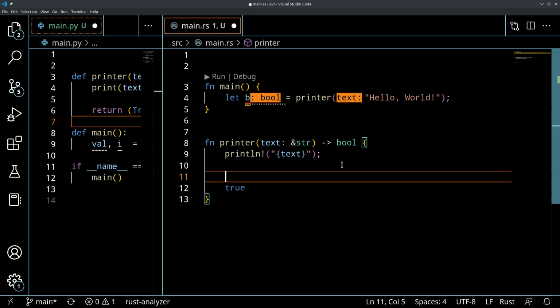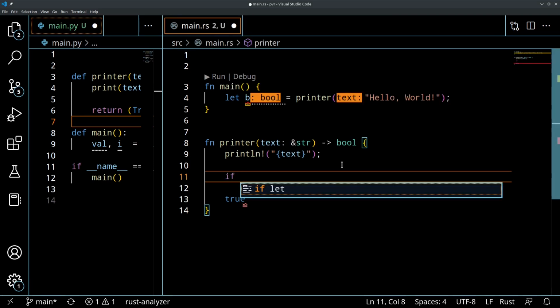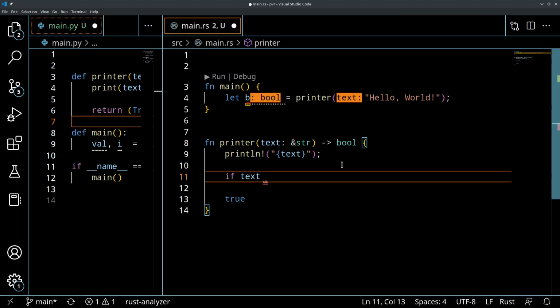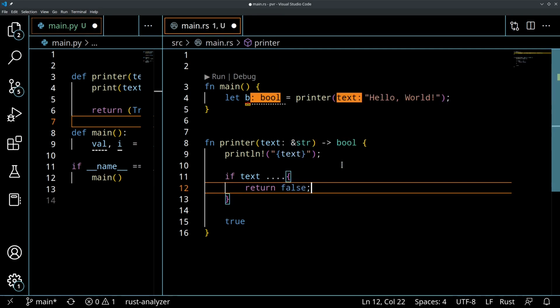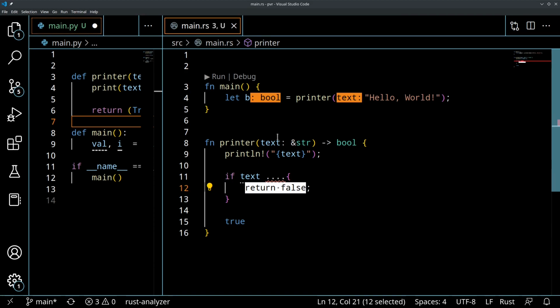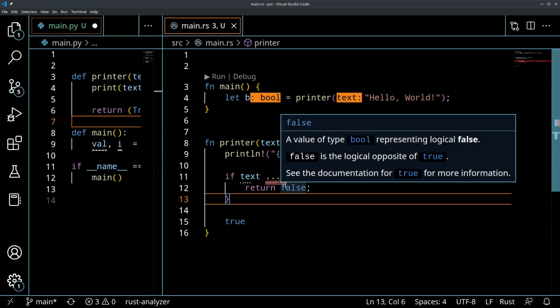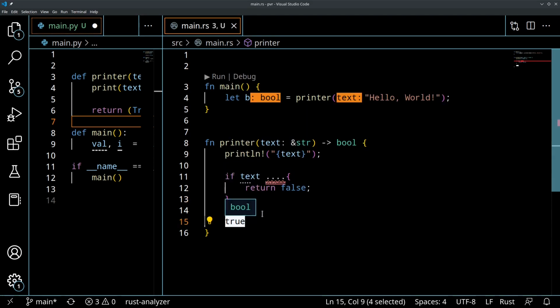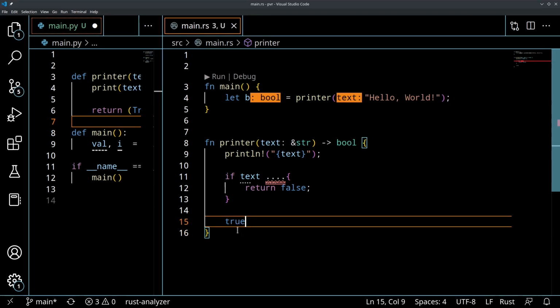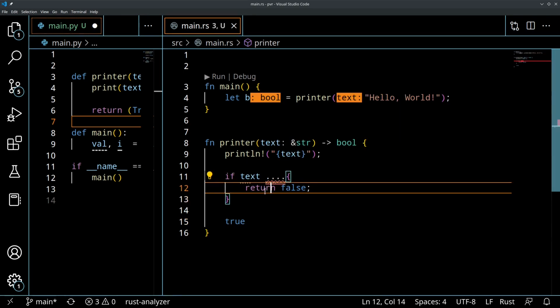So I might have, and we're getting ahead, we haven't talked about if statements, but they're very similar, I could say if, let's say text, something, then I might say return false. So I'm going to use the return here when I want to maybe return early, but typically in Rust, we're going to let the code block resolve to this last line. So in this case, it's going to resolve to true, versus me breaking early and maybe explicitly wanting to return false early. So that's a